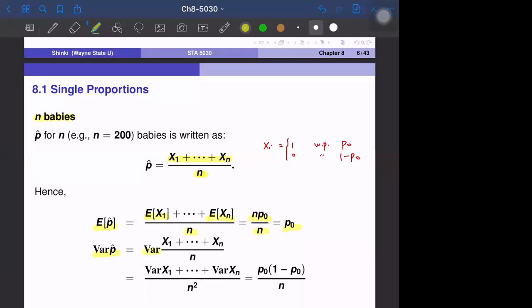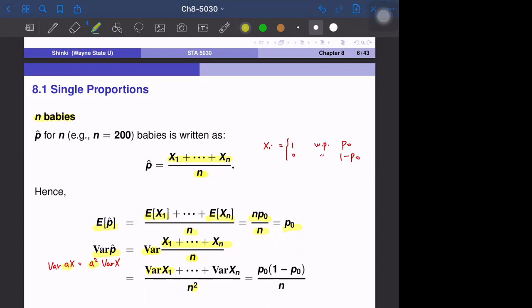And actually, what's the exact value of the variance of p hat? P hat is the summation of xi's over n, and the variance is a squared quantity. Remember that the variance of a times x is equal to a squared times the variance of x, because variance is a squared quantity as seen in the last slide. So if we have a times x, then a squared comes first. So the variance of x1 over n becomes the variance of x1 over n squared.